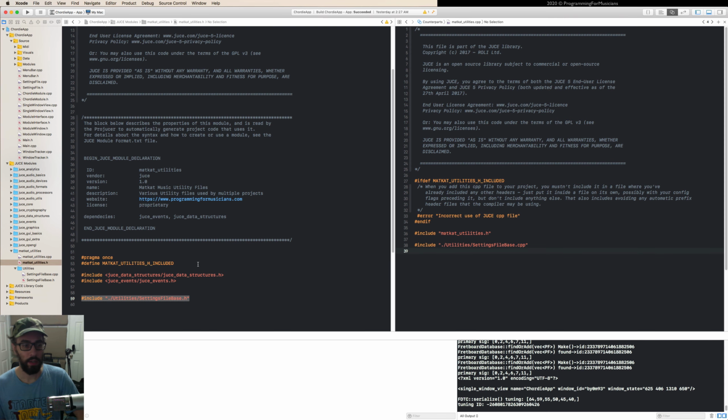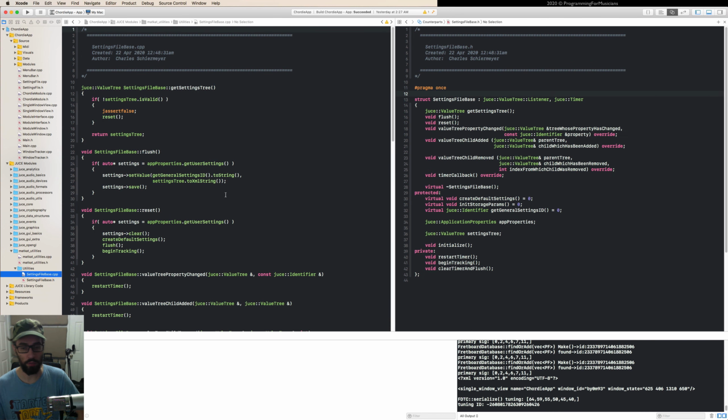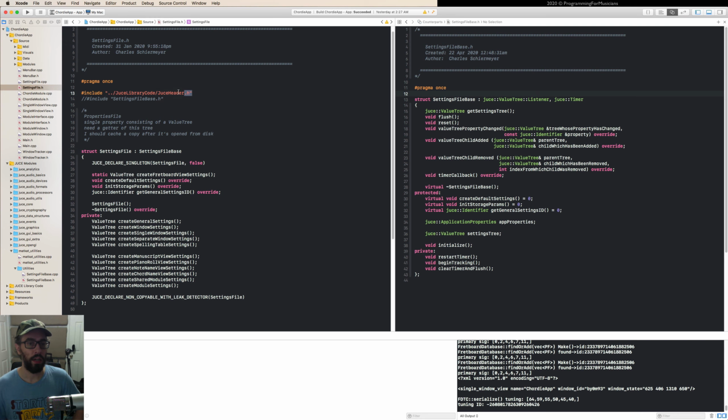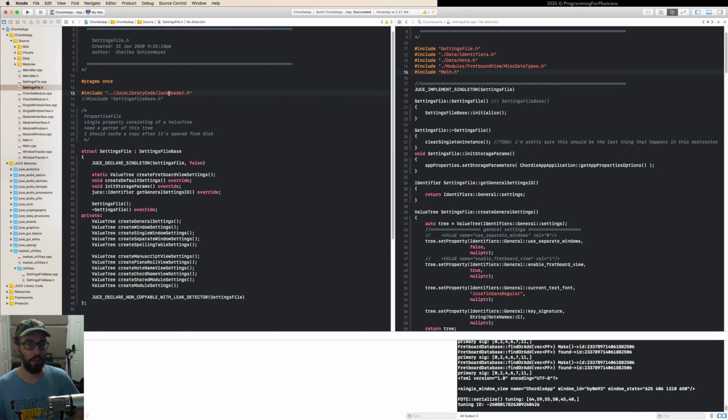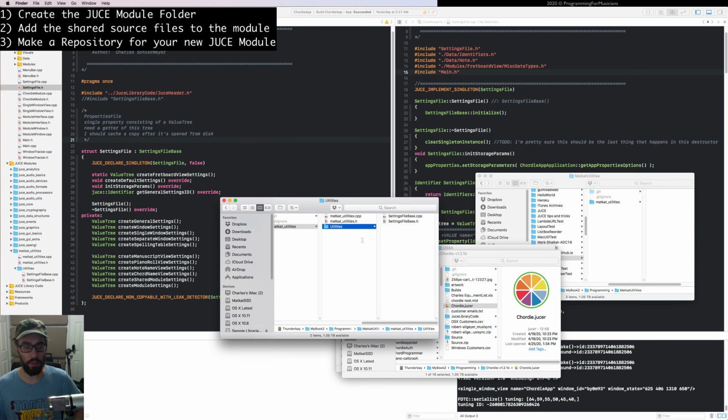Okay? All right. So once you've got that working, then you can save this as a regular module, and you can use your module in your code now as a regular JUCE module, the same way you use anything else in the JUCE framework. As long as you include the JUCE header file, it's going to give you access to these files in your module. Okay? All right. Once you get that working, now you can make a Git repository for it,